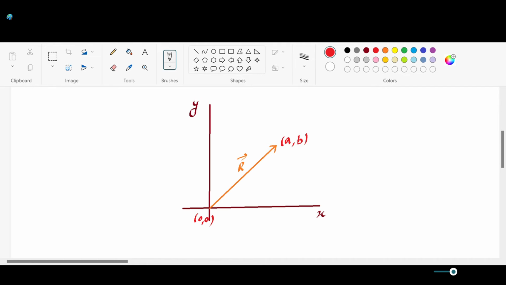For those who have not understood this part, let me recall 10th standard. If I make a perpendicular from here on the x-axis, then this is a. Usually teachers take it as x and y, but that confuses most of the students. To avoid that confusion, I have taken it as a and b. If I make a perpendicular from here along the y-axis, it will be b, correct? So this is a and b.